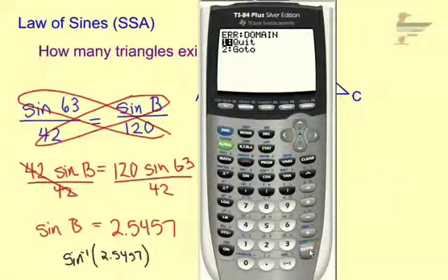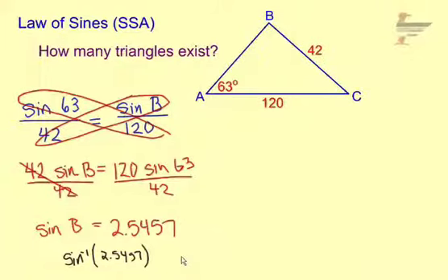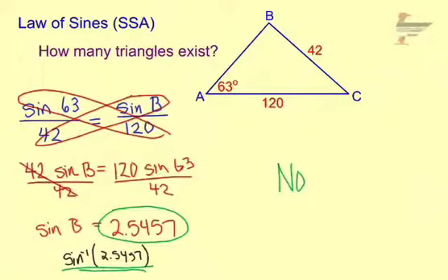we're going to get an error. The reason why we get an error is because we're taking the inverse sine of a number that's greater than 1, and we can't take the inverse sine of anything greater than 1. So when we get to this step of the problem, and we notice that sine of angle B equals something bigger than 1, we can go ahead and do this next step, but the calculator will stop us right in our tracks. We're going to see that we can't even get angle B, and that means that there are no